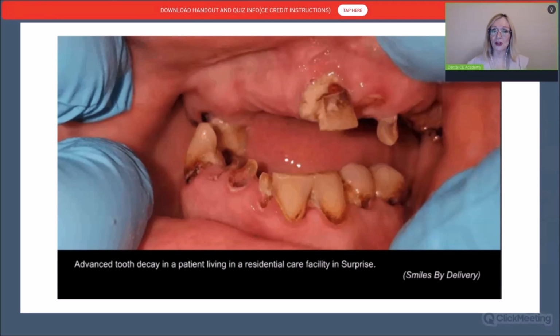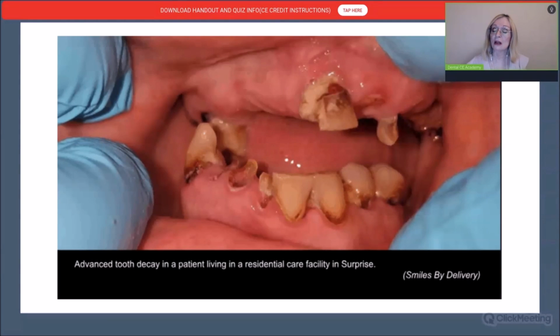There is no scheduled dental visits, although gosh knows the foot doctor's there, the hairstylists are there, the bingo games are occurring on Friday, but the dentist can't get in there. This is the age-old issue that we have, at least here in Arizona, and I suspect it's probably widespread across the US. So this patient suffered. Now, this was not that long of a situation. This was maybe a year and a half, 2 years that the patient had been in the facility, and we